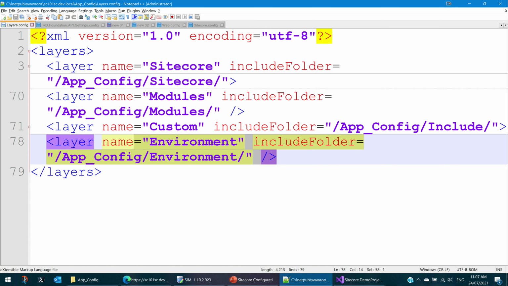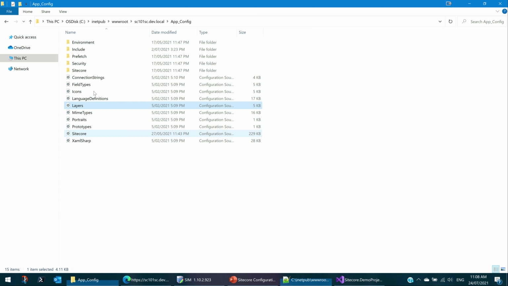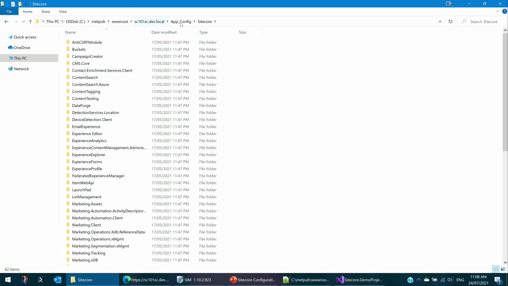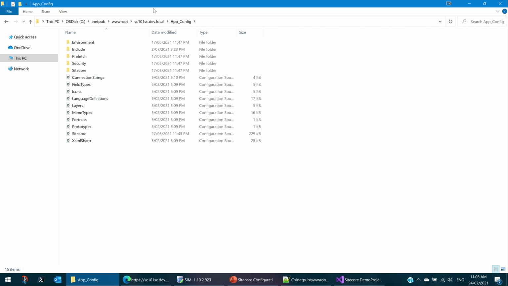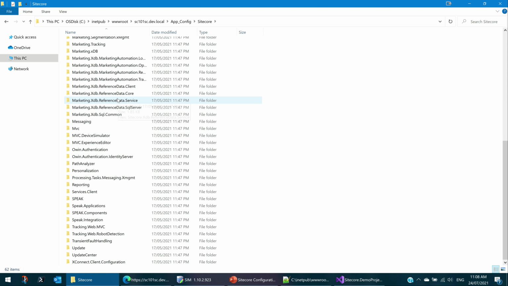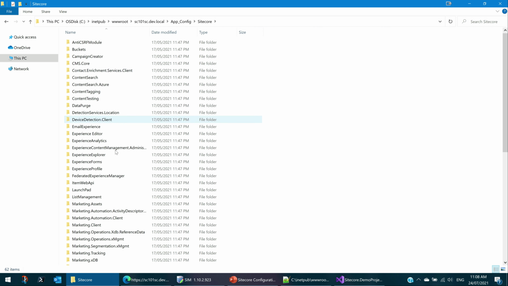Maybe if you want to put environment up, although we do not want to do that, but if you want to change it, this is where the layers are. And first, if you go to Sitecore, let's just imagine: the Sitecore configuration started loading, it went to layers and checked. Okay, the layer first defined is Sitecore. So let's go to Sitecore, but it has a lot of files. What needs to be loaded first?